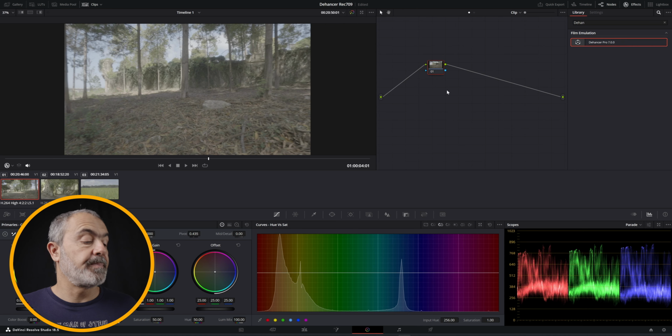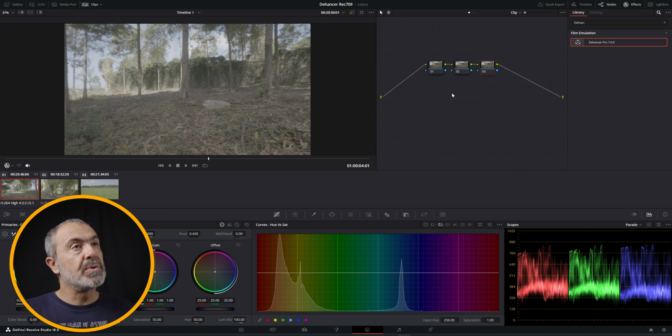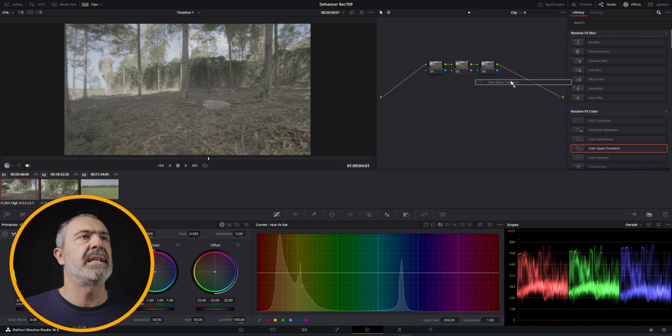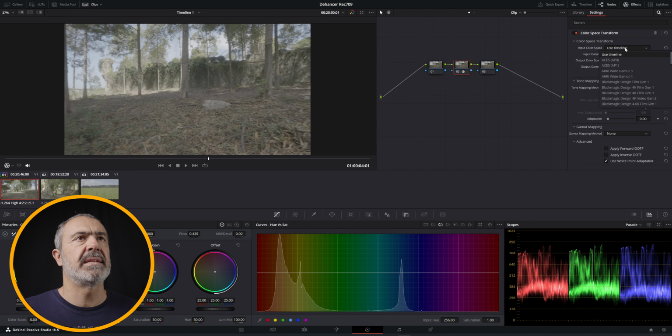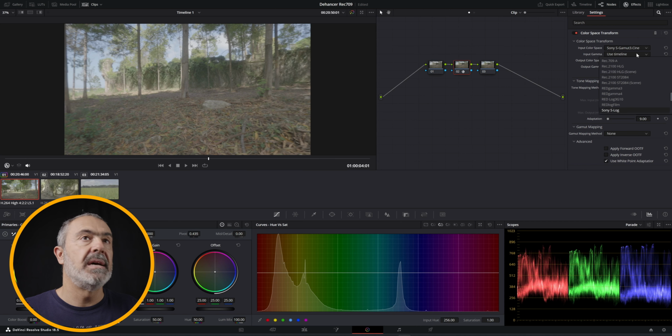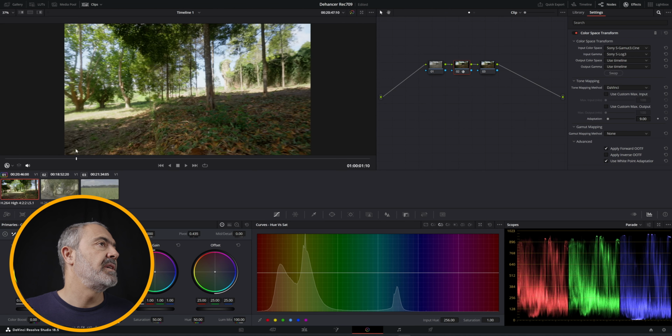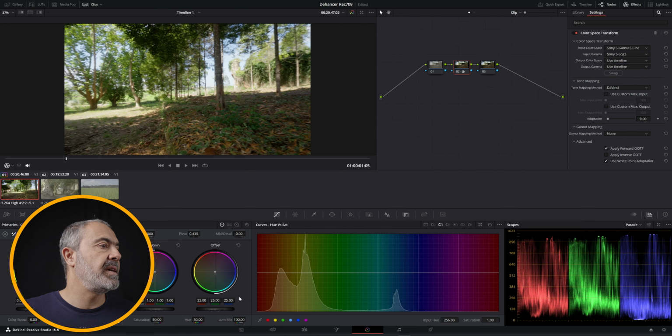So let's start. Let me add here 3 nodes. So in this, I'm gonna use the color space transform. I'm gonna come here, let me come and add a color space transform. I'm gonna select my input as Sony SGamut3.Cine, and it's S-Log 3. And immediately you notice that the image is color corrected, and you just have to adjust over here some tweaks here and there. So let me